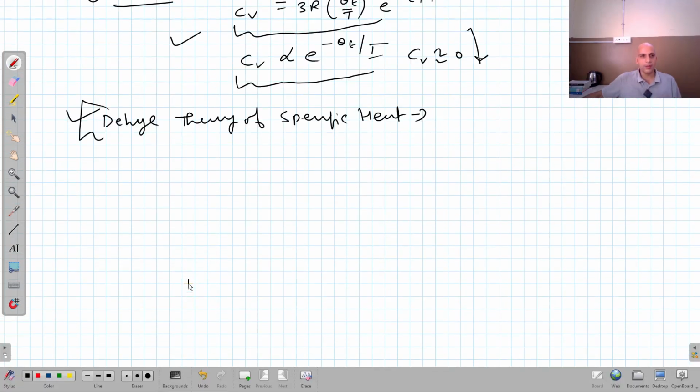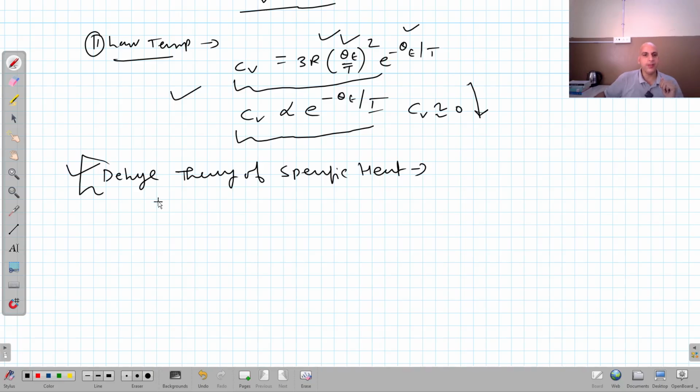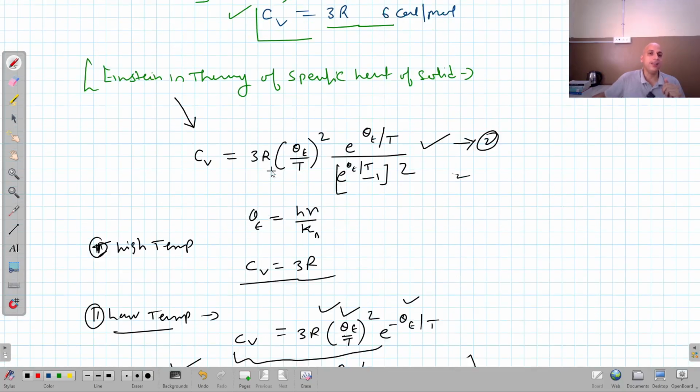The main crux of Debye theory that makes it different from the Einstein theory is that it considers atoms inside the solid as coupled oscillators rather than independent oscillators. I told you that in Einstein theory, atoms were taken as independent oscillators, but that was wrong. We know very well that atoms are attached to each other through electrostatic forces, so they should be treated as coupled oscillators. This was the main difference between Debye theory and Einstein theory.